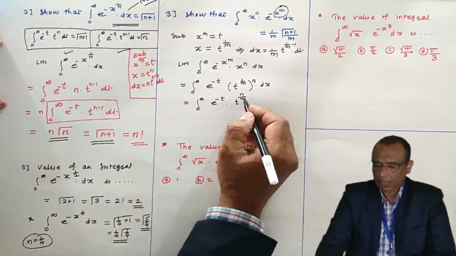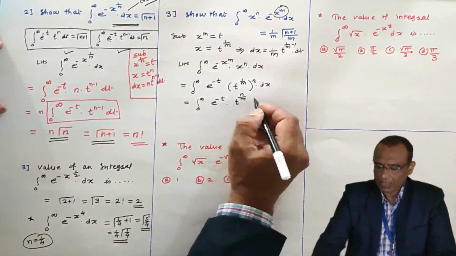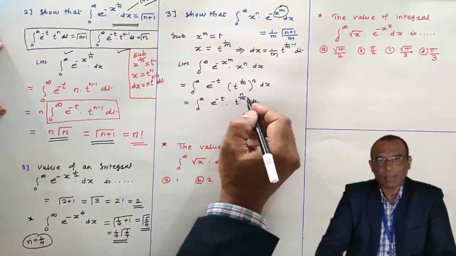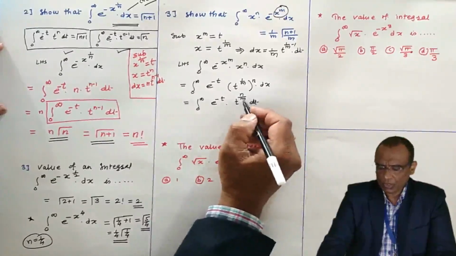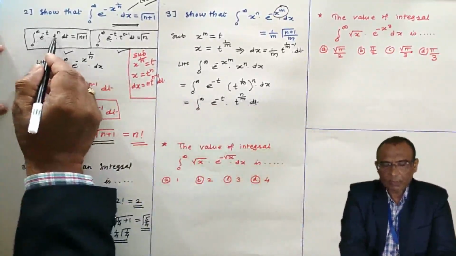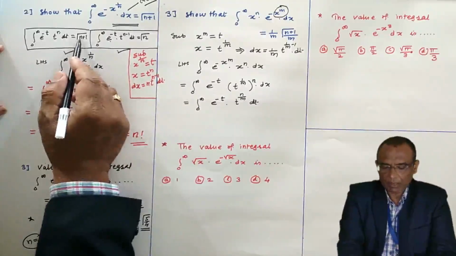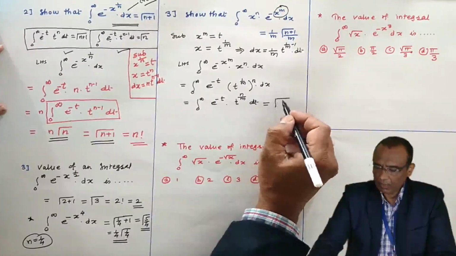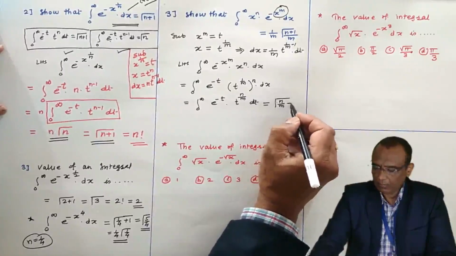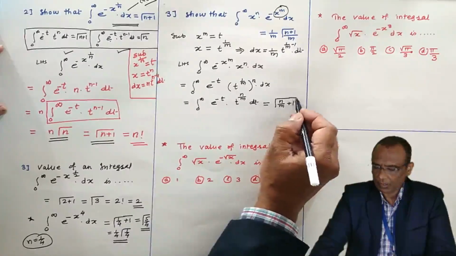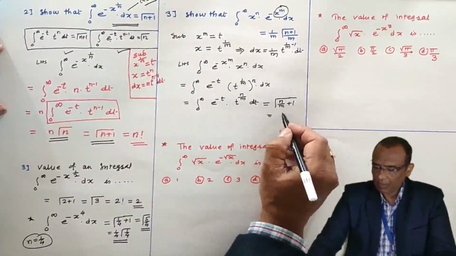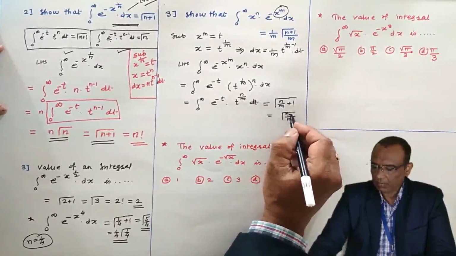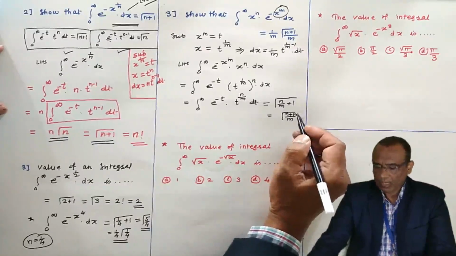And this t power n by m can be written as, you can add plus 1 and minus 1 also, it is your choice, so e power minus t, t power n by m can be written as gamma n by m plus 1. Now, m is the LCM and n plus m will be there. One more thing I have left.